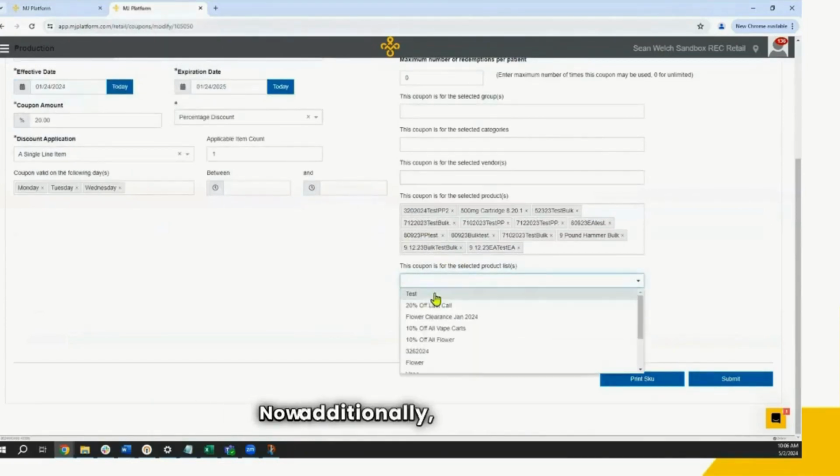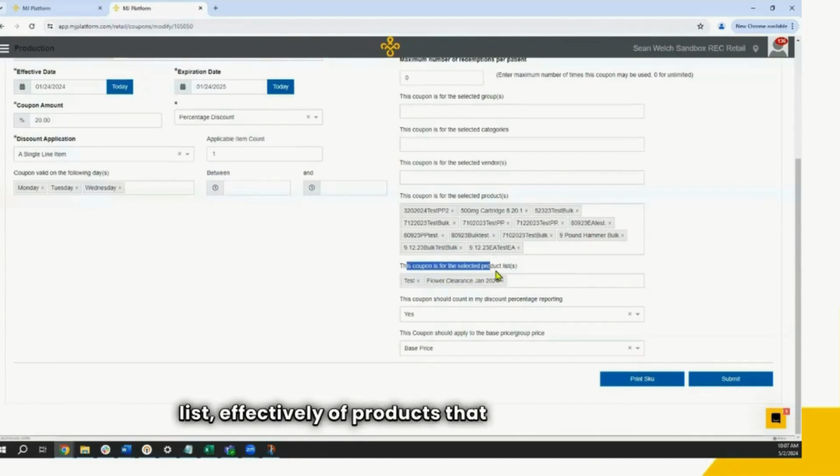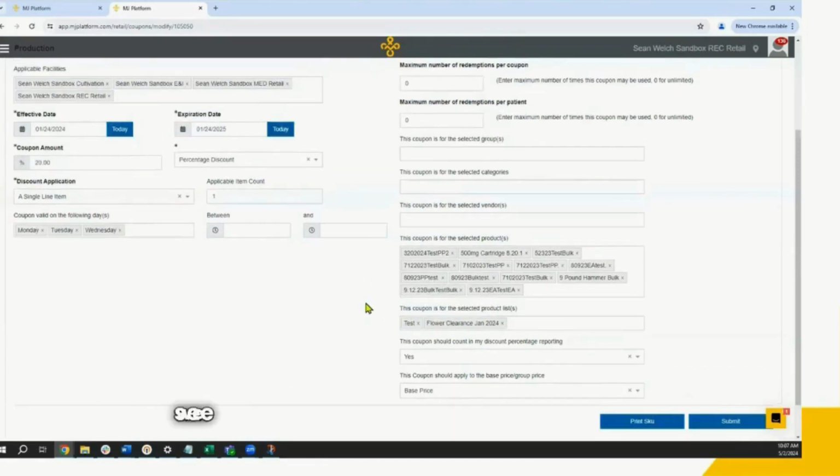Now, additionally, we can do multiple product lists here. So this is inclusive. It's all products in test, as well as all products in flower clearance. So this just ends up building one master list effectively of products that can be used. So if you have some products in test that are not in flower, they'll still be available because it's an inclusive list. Versus where we see the "and" logic